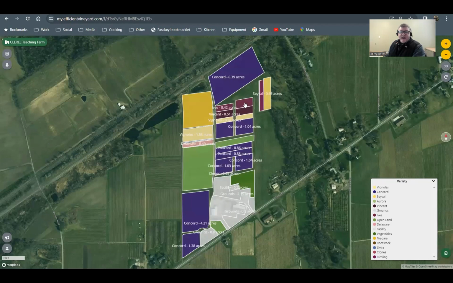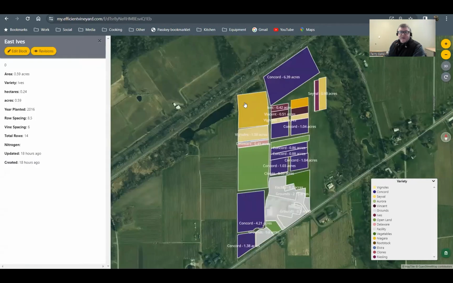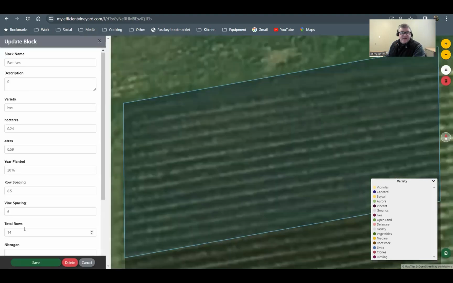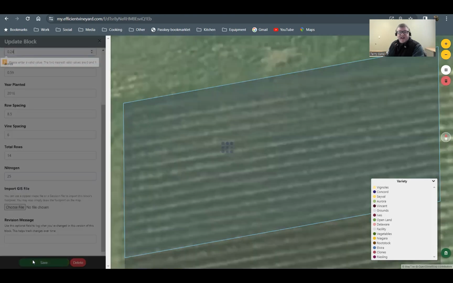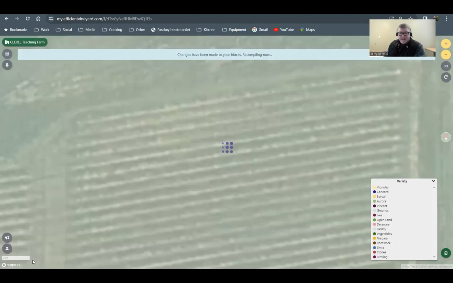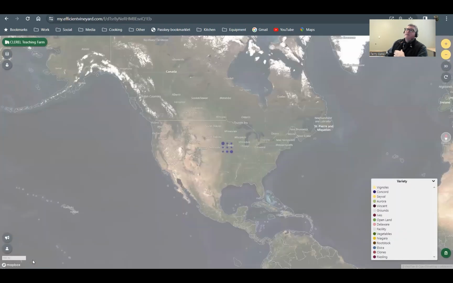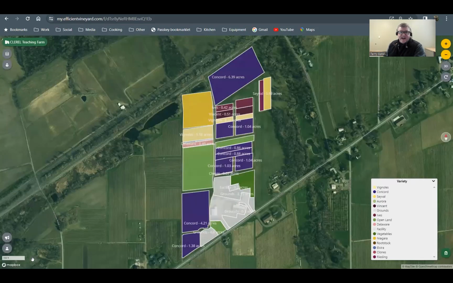And I can do that for any one of these blocks. So if I say go to this Ives block, I edit the block, I go to my nitrogen value, and now I want to put in 25 pounds of actual nitrogen in that particular block, and I save it. It's that simple, right? And you could do this for anything you want to collect data on for that particular block. If you want to put in that you put on a certain rate of fertilizer, or what was your first spray, what was the chemical, what was the date,